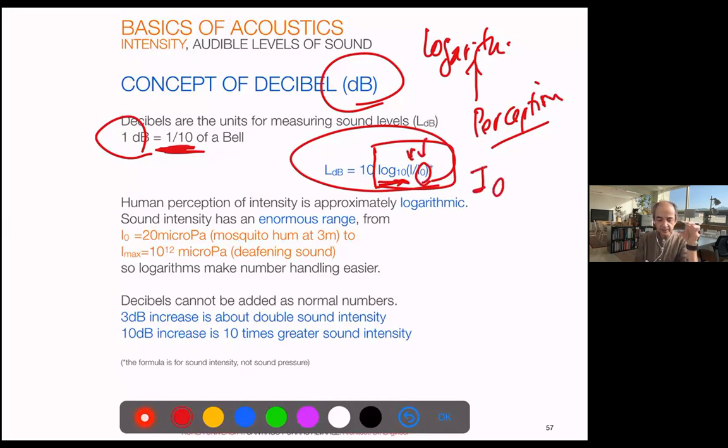E0 is just the basic intensity of a mosquito, right, humming at 3 meters. This is something that many people will not hear. I'm at the limit of being able to hear it. You lose hearing with age, and in the tests, I'm sometimes between 0 and so on. And now